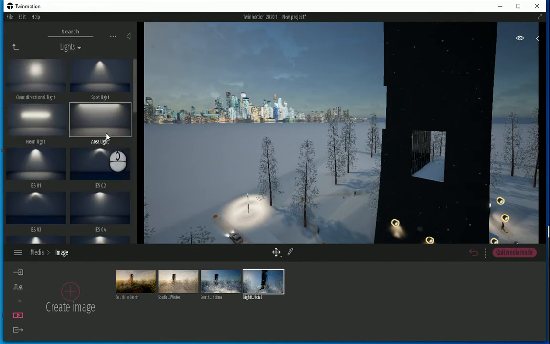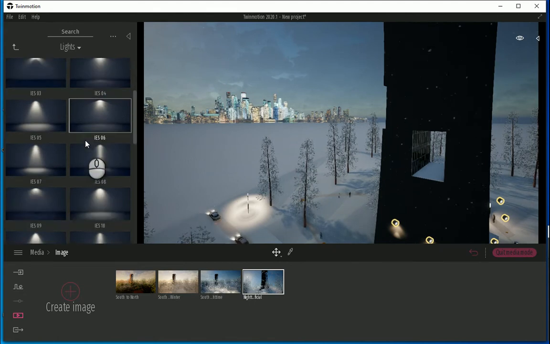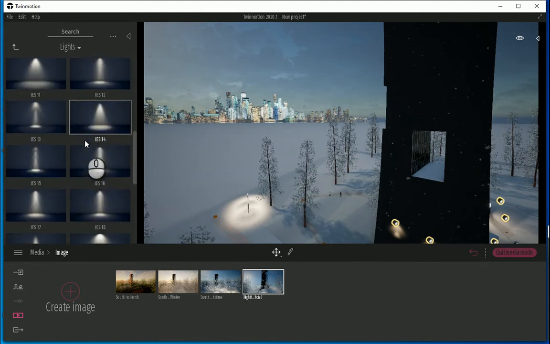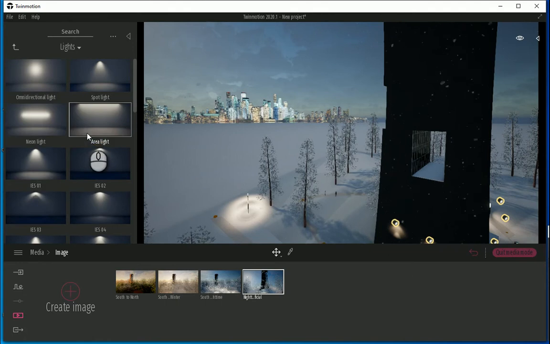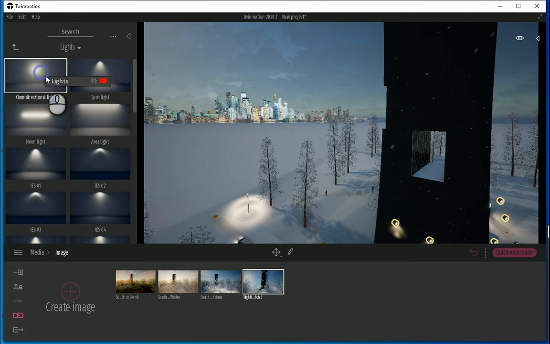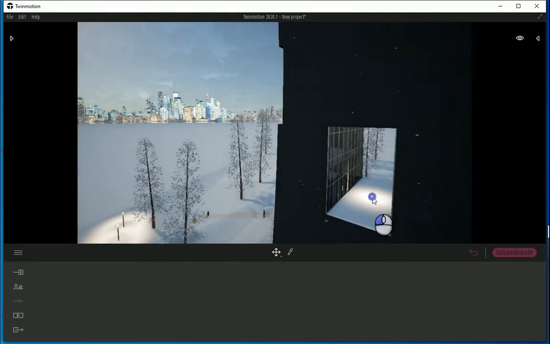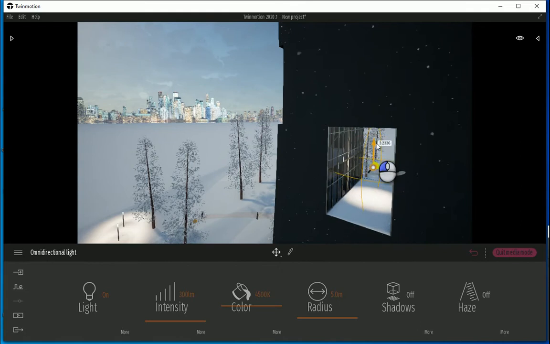Okay, how about I go back to the lights. This time I just want the lights, the source of the light, the lamp, might not be visible, so it's not that important. How about I just go with some omnidirectional lamps, maybe one over there, and I want to move this a bit higher.